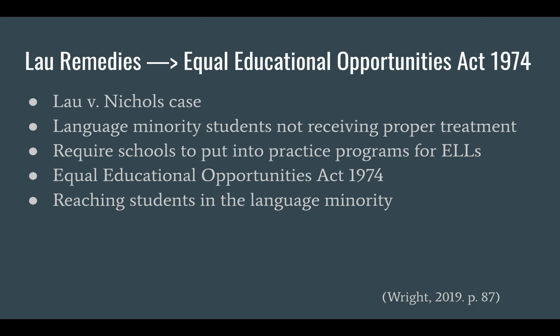Next are the Lau remedies, which led to the Equal Educational Opportunities Act in 1974. The Lau remedies went into effect after the Lau versus Nichols case. In the Lau versus Nichols case, it was officially determined that although language minority students were in fact receiving relatively equal treatment in their schooling as all of the other students, they did not need equal treatment, but treatment that